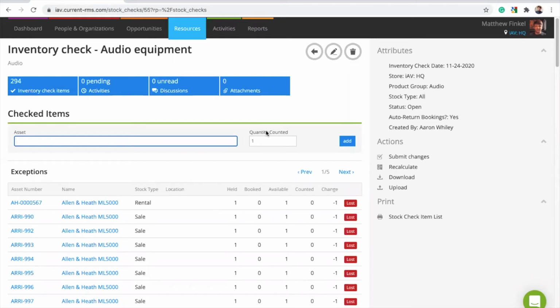If you prefer to do this via CSV file, on a spreadsheet, you are able to download the spreadsheet, which will give you a full list of your exceptions. You can then just state that we have got the equipment there, it's being counted. There'll be a counted column on your spreadsheet you can fill in, and then you can upload that information back into Current, and that will then move everything that you've checked classed as counted from the exceptions into the OK